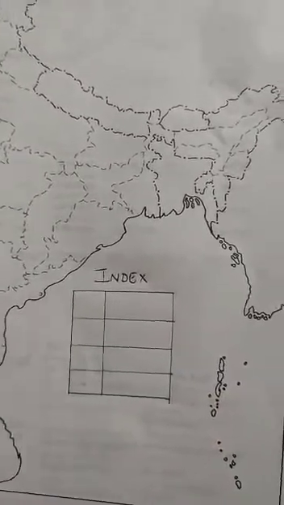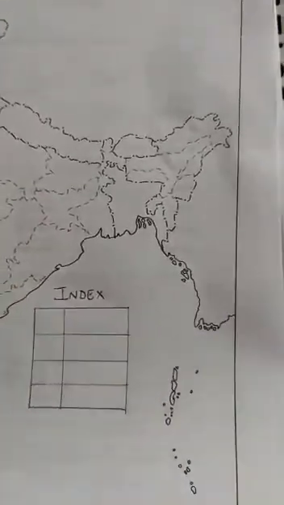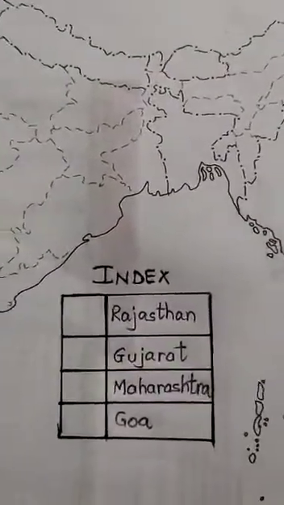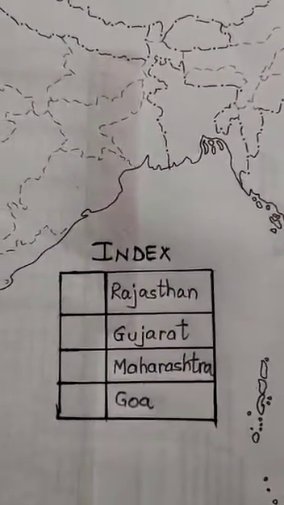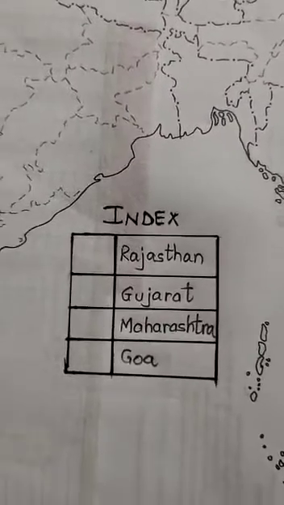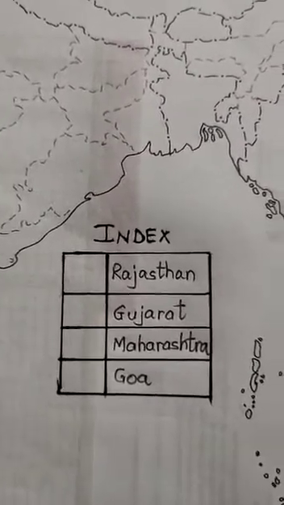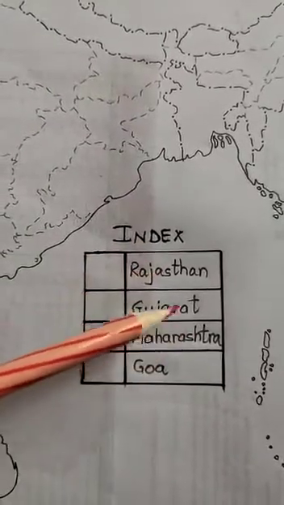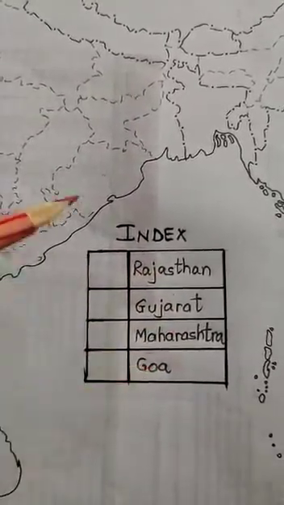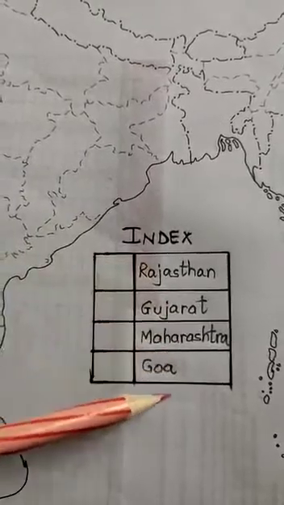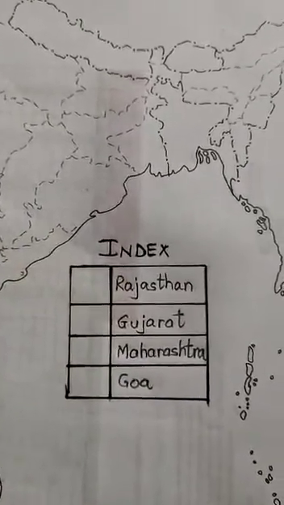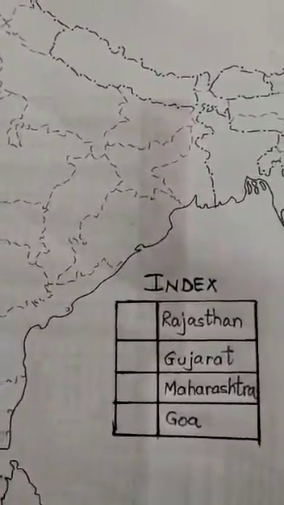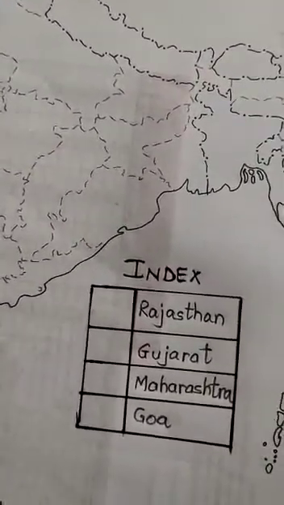After that, you can color it or give an outline with a black gel pen, and then write the names of the 4 states that we are going to mark in it. Like today we are going to mark Rajasthan, Gujarat, Maharashtra, and Goa. And I have written down the names of these 4 states. Now what are we going to do, children? Okay, so the first thing that we are going to do today is pick up any color of your choice.